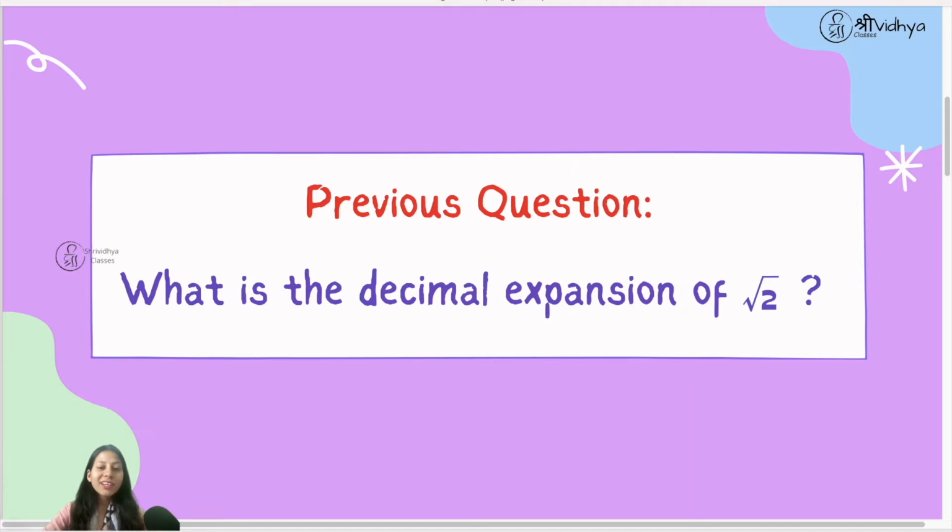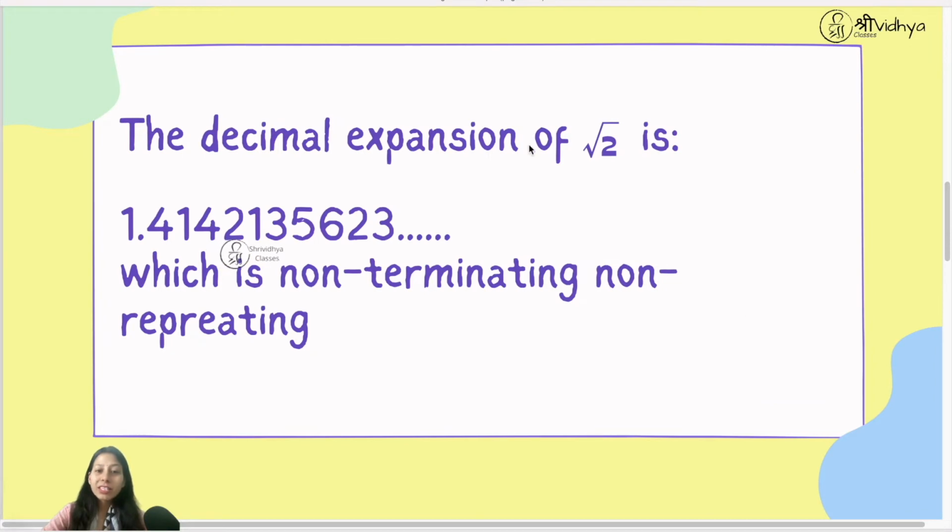Before starting with the examples, first let's discuss the question which I gave you in the previous introduction video. The question was, what is the decimal expansion of root 2? Its answer is, the decimal expansion of root 2 is 1.4142135623 dash dash dash. When we try to find it in our calculator, it shows us